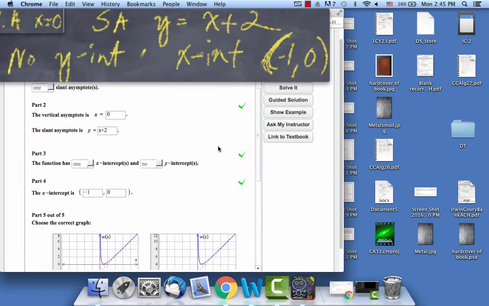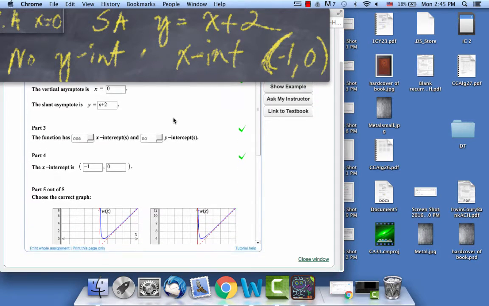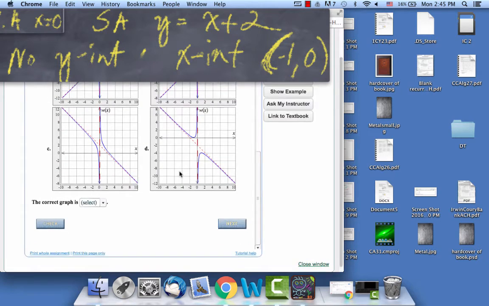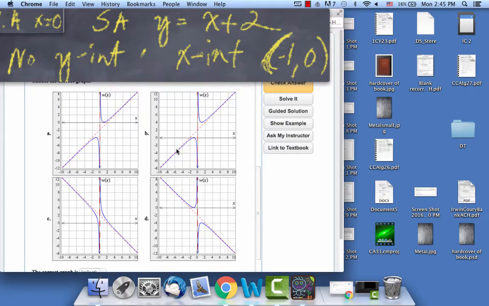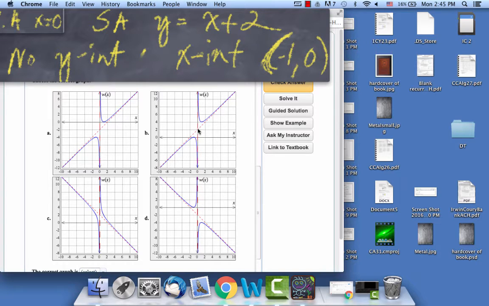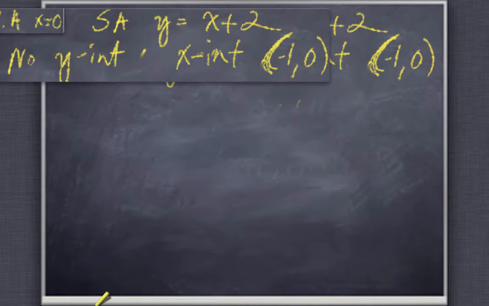And then we want to find it. So we need an asymptote at x equals 0, which they all have. We also need an asymptote at x plus 2, which these two have. These two, so when you do a slant asymptote,